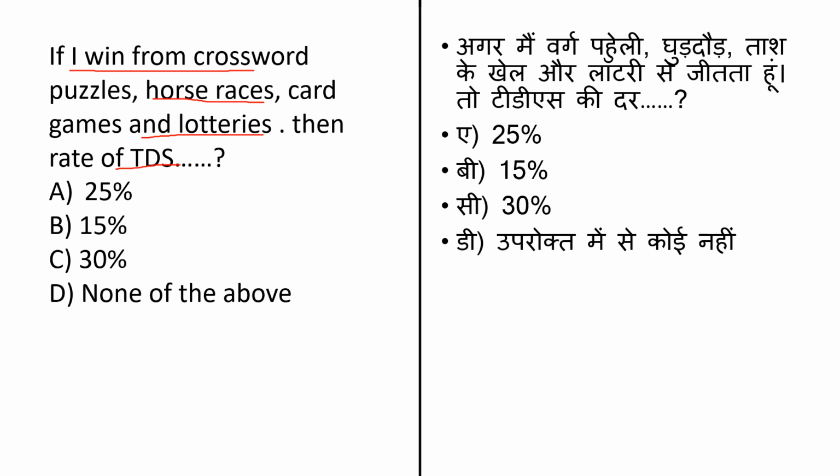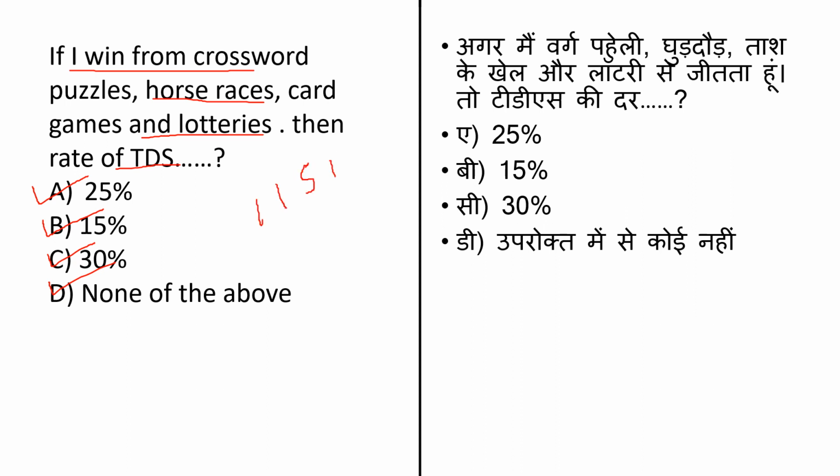It means collecting the tax on the income, dividend or asset sale by requiring a payer to deduct the tax due before paying the balance to the payee. For this, the first option is 25%, second option is 15%, third option is 30%, and last option is none of the above. Any income from winnings from lottery, crossword puzzles, card games and other games, any sort of race including the horse race is chargeable under the Income Tax Act under section